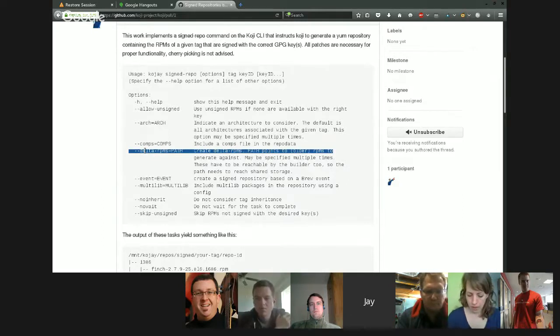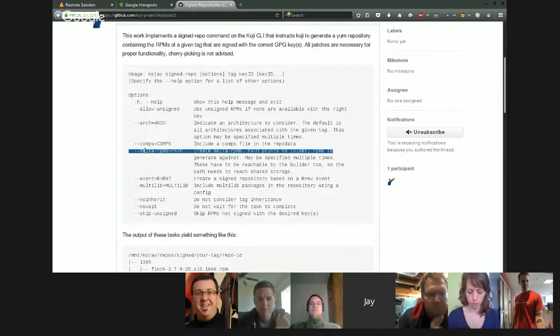And when the repository is being generated, it will delta those. It will delta the paths you specify as it's doing the work. The important thing with this is that it is assuming that the builder has access to the paths you're specifying. So that pretty much implies either shared storage or you're specifying locations that are available on the builder for one